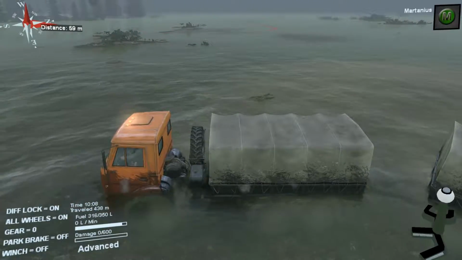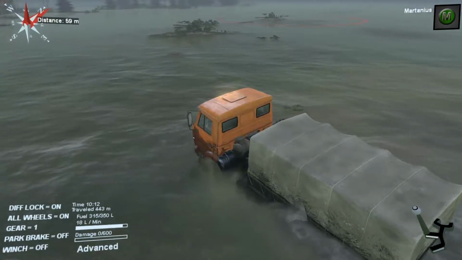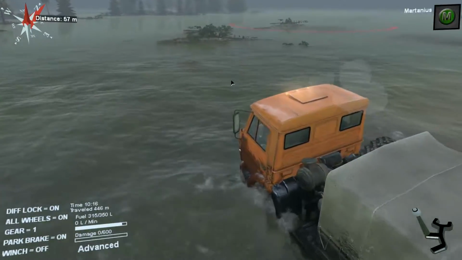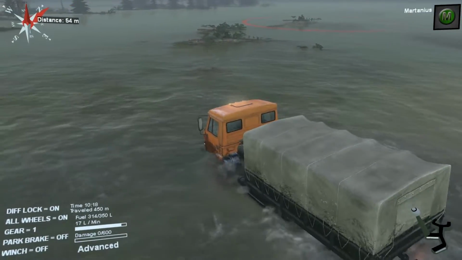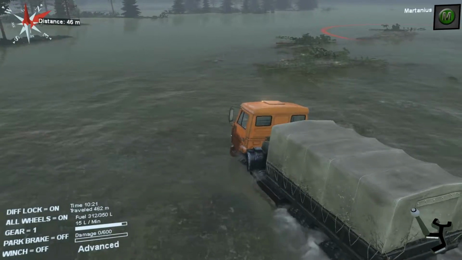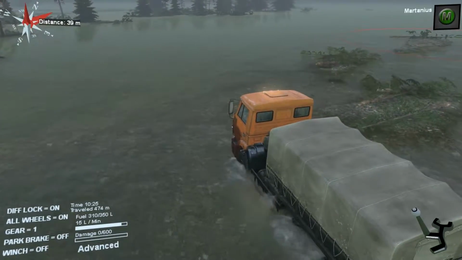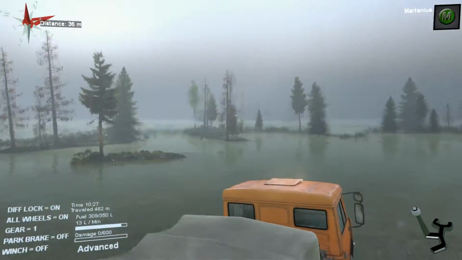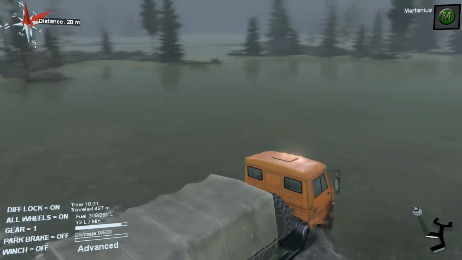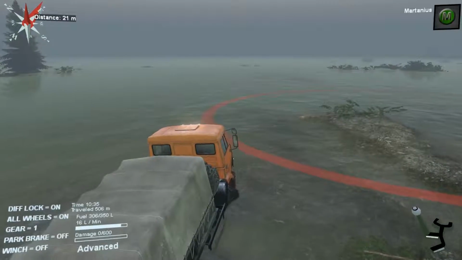But I think we are not gonna go around. We can just go here. Also check for the range if there is something you can hook, because it can help you if you get somewhere where the water is too deep and you are gonna need help to get across it as fast as possible. Okay, you can see here the water is very shallow around. So you can drive there and through the trees, but I will go here,